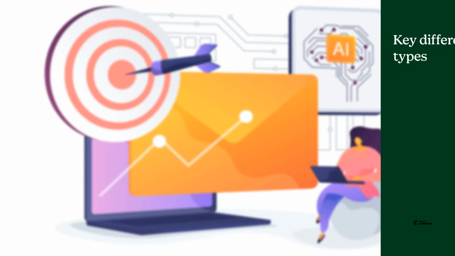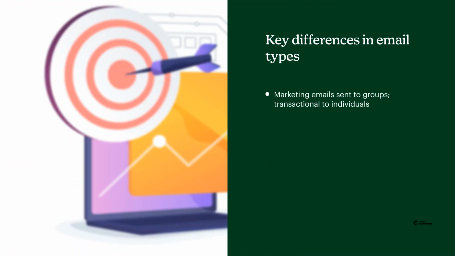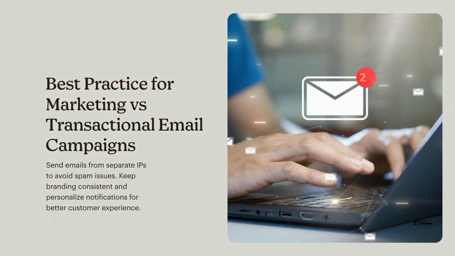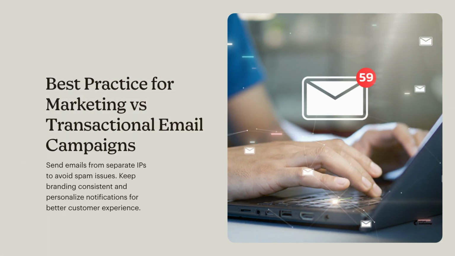Three differences matter most. First, marketing emails are sent to groups. Transactional emails go to individuals. Second, transactional emails need to arrive in seconds. A delayed password reset loses the sale. Third, marketing emails require explicit consent under regulations like CAN-SPAM. Transactional emails don't. Best practice: send them from separate IP addresses so a spam complaint on a promotional campaign doesn't